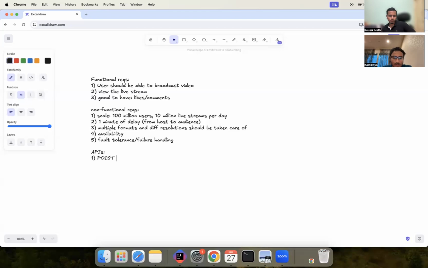So I'll just use the REST model here, and we'll be making a POST call to the /streams API to basically create a stream. This API will start our stream, and it will have other parameters in the body, for example, user ID and maybe